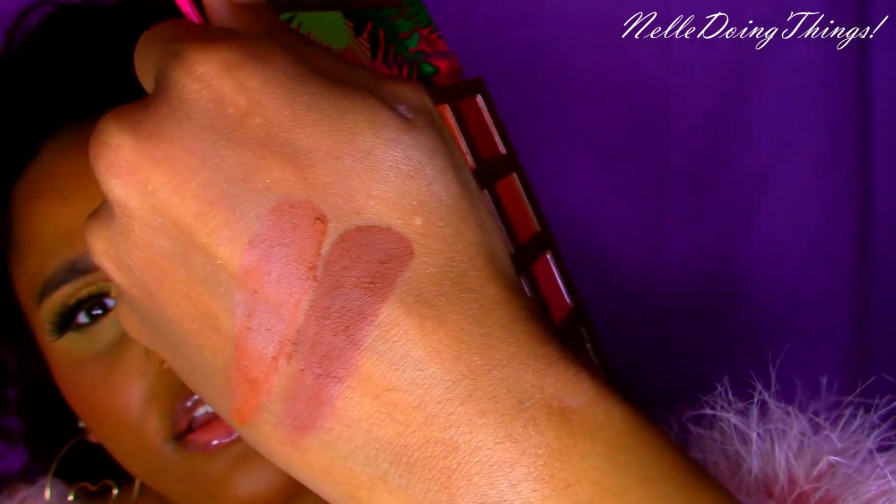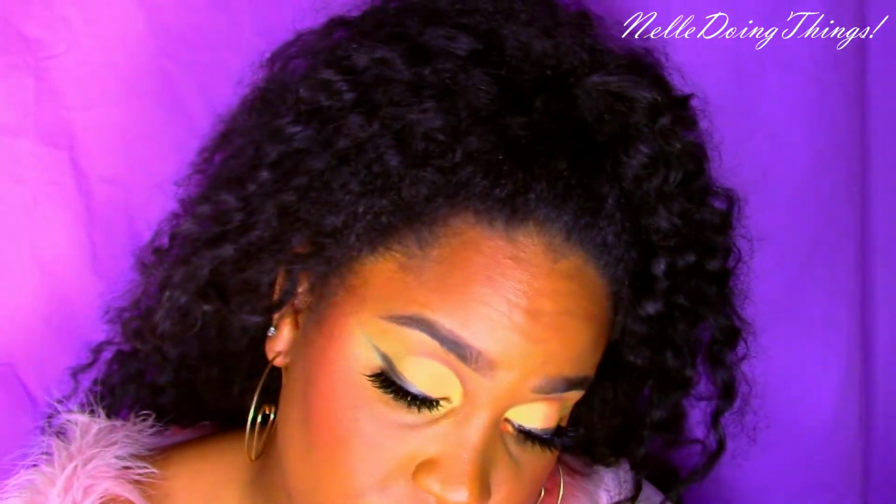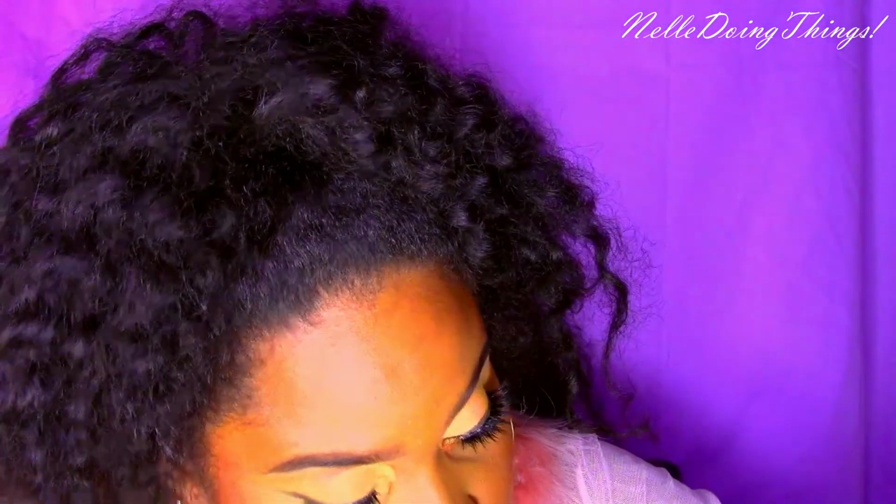Okay. See, that one's a lot different. Mahalo is very, very deeper. Grizzly is still a warmer cinnamon cappuccino, kind of like a coffee brown. It's still a little bit lighter. To me, they pretty much gave us a lot of hues of browns and oranges kind of colors. I'm gonna do